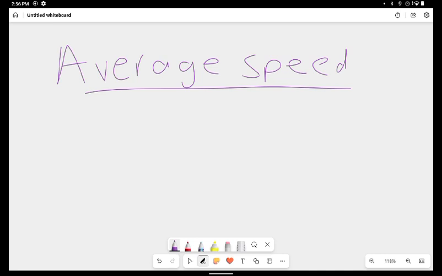Okay, so note down the definition. It is the total distance traveled